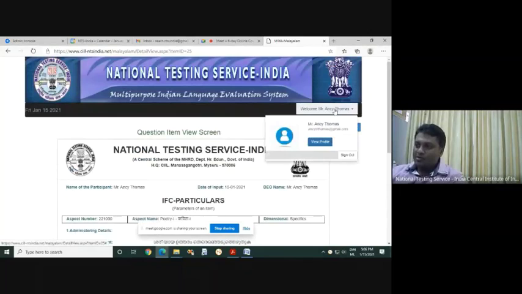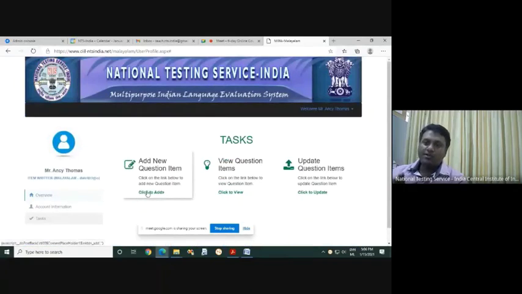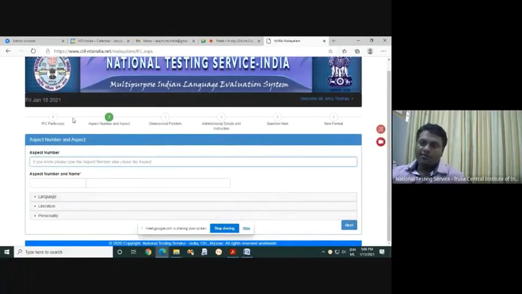To go back and write the next question, you again click view, then tasks, and click here to add a new question. It comes to the same tab where there are 6 tabs, and you can input the questions. This is how the system works. It's a very simple system. One more thing: you can write on paper and keep it, so that it will be easy for you to type. Otherwise, if you are unable to do it in the system, you can do it in Word or Notepad and copy and paste from there.